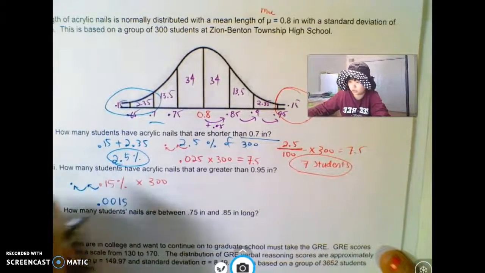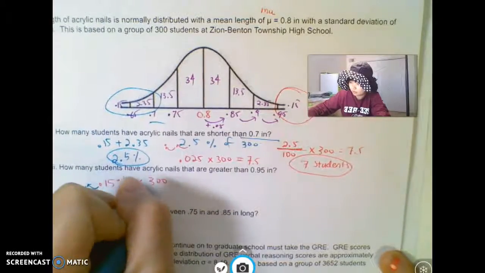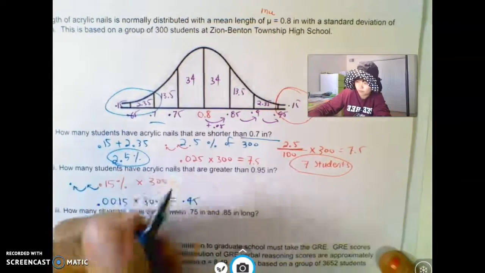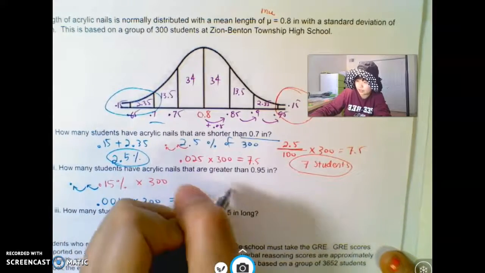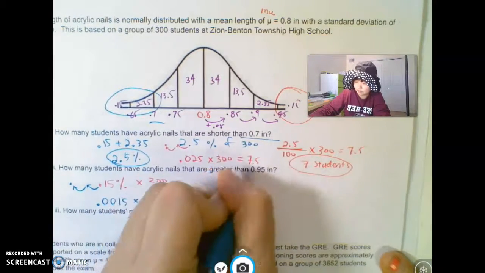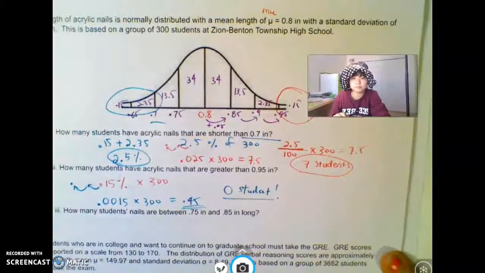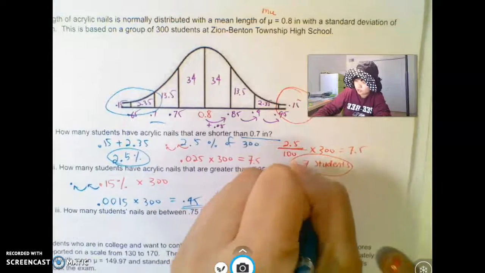Of 300, you get 0.45. That means less than half, I mean, less than half of a person. Nobody. So everybody has less than 0.95. If you would like a fraction, it'll be